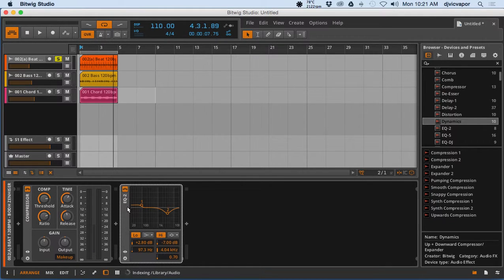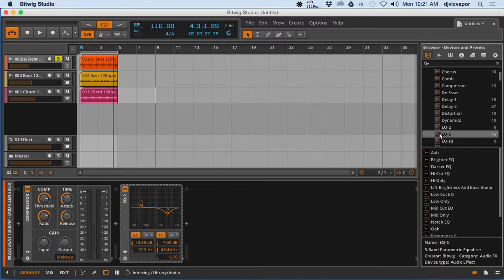In the previous lesson, we were taking a look at the EQ2, so let's go ahead and grab the EQ5, and we'll also take a peek at the EQ DJ. Kind of finish up our Bitwig Studio EQ sessions. So the EQ5,